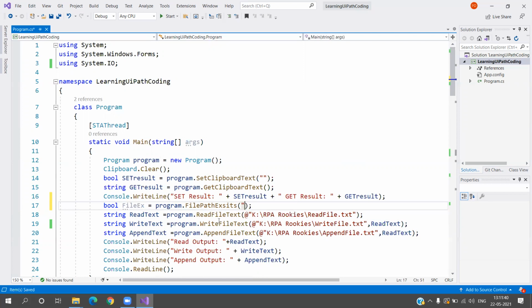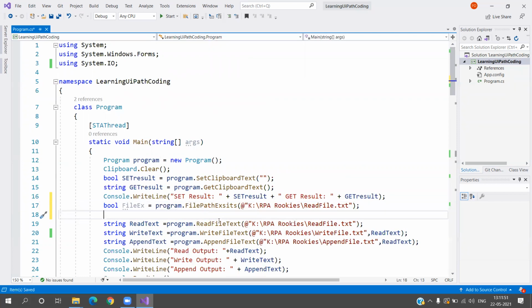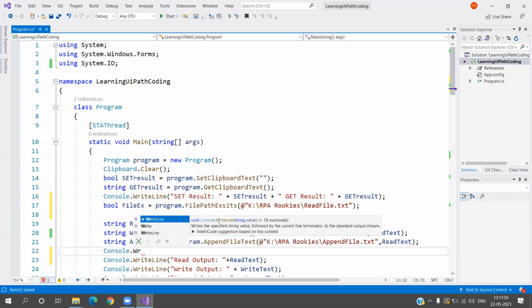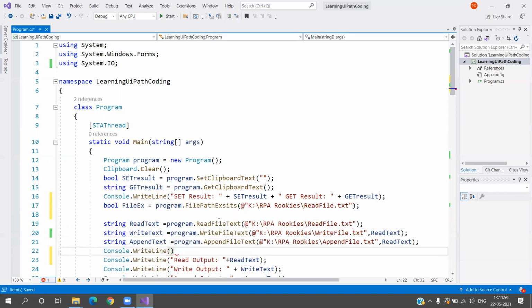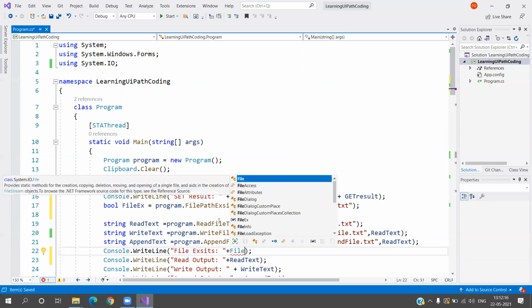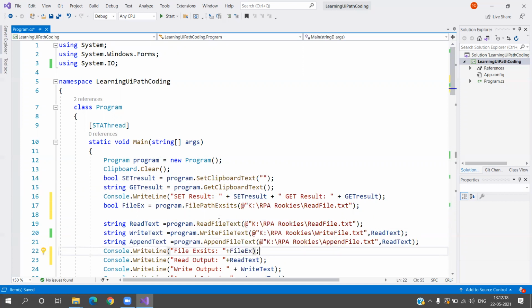Copy, and let me remove this. Now you need to add the @ symbol, right? Otherwise it will give you an error, because there are forward or backward slashes within our path always. Here I'm going to write the output, console dot write line, and let's mention over here file exist plus file ex, right?